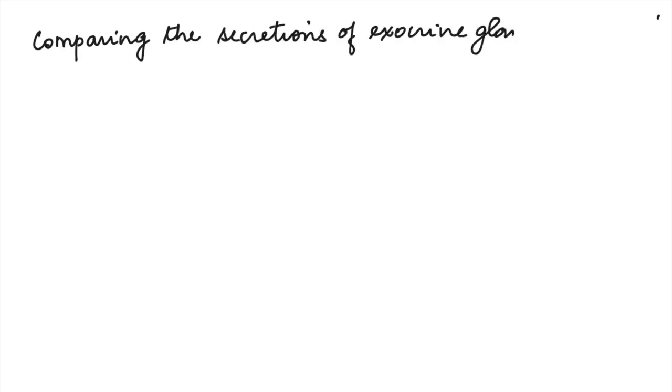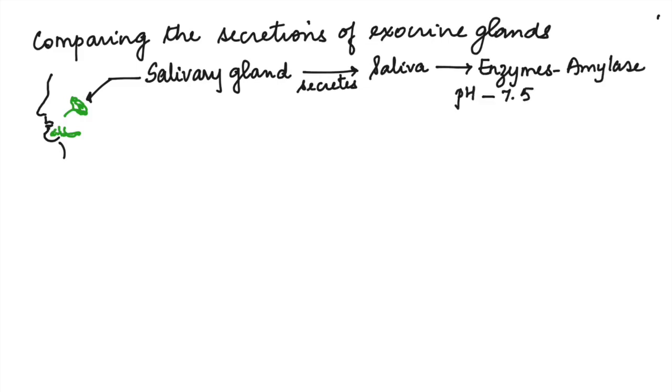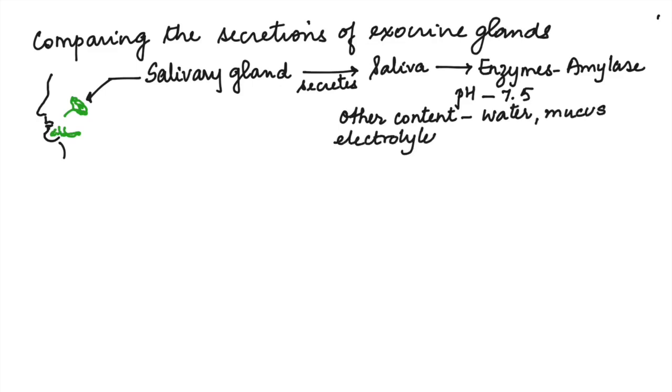Now let us compare the different exocrine glands that are present in the alimentary canal. The first one is the salivary gland. The salivary glands have a duct that opens into the buccal cavity, which secretes saliva. Saliva contains the enzyme amylase. It has a pH of 7.5, and apart from amylase, it also has the enzyme lysozyme, other than water, mucus,